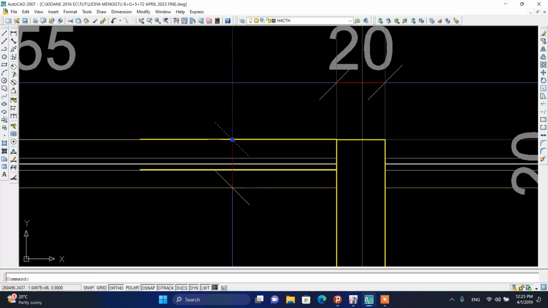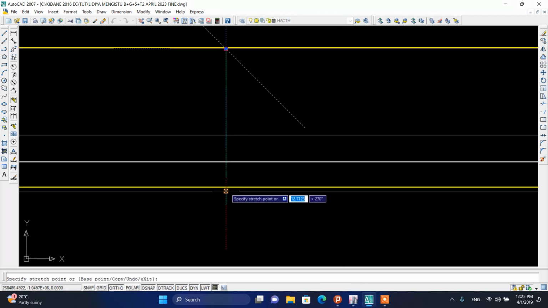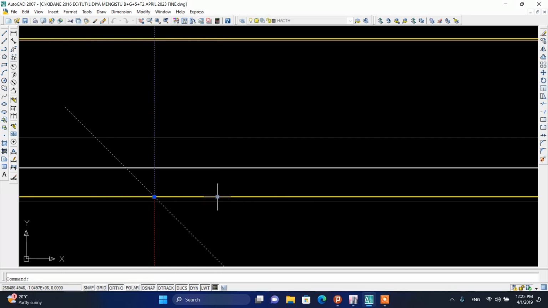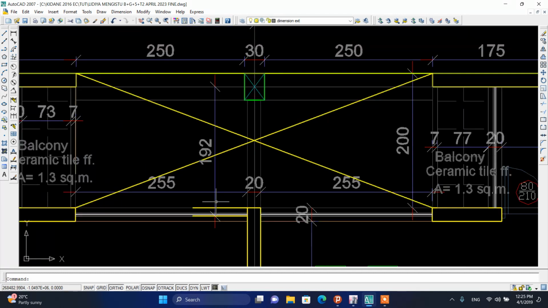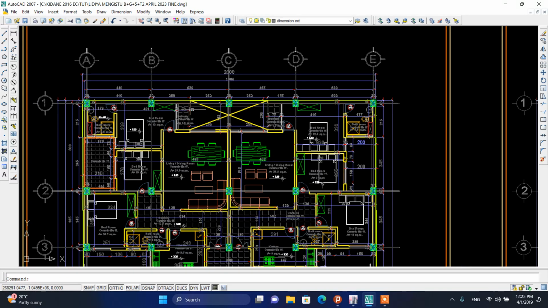So how to measure up to this line. Okay. So you have to get it up to center 192 mm from axis 1,